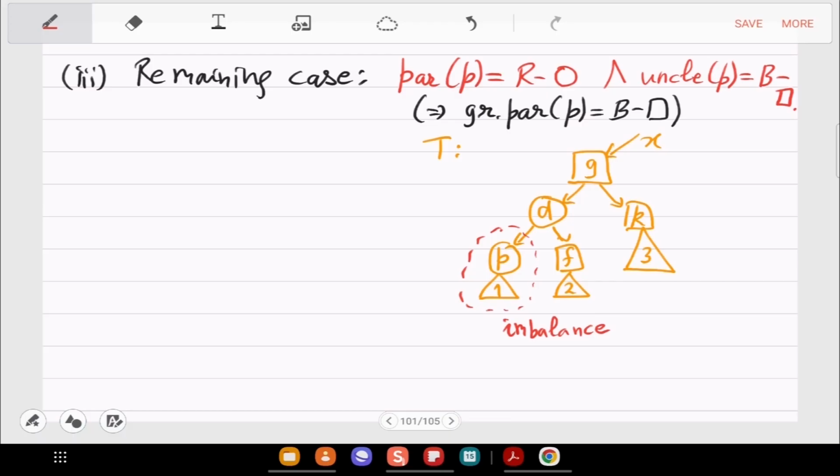So you have to write a pseudocode which, okay, let us also look at the black height. So black height has not changed, black height imbalance is not there, which means that from X when you come to leaf in 1, you have some height H, and when you come from X to 2, you have the same height, and when you go to 3, you have the same height, right? So black height is currently not changed. It's only a color imbalance. So what do we do here?